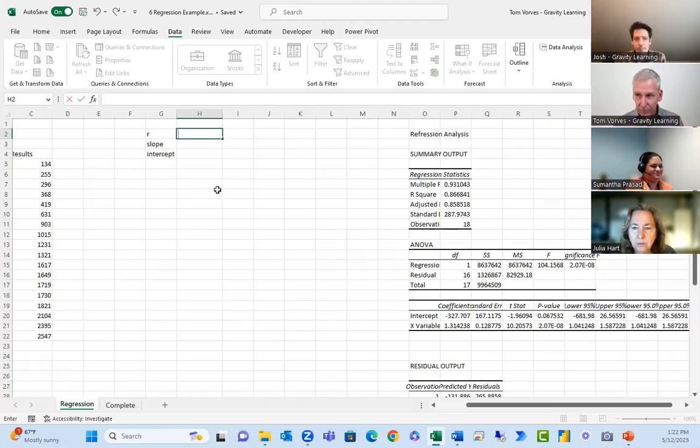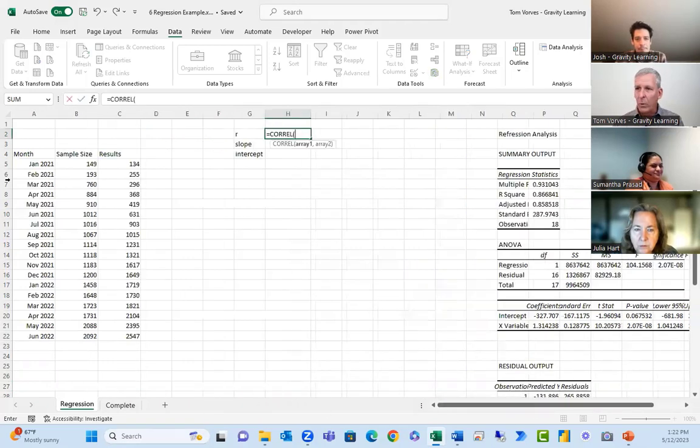find the correlation function. It's pronounced correlation, but it's abbreviated as CORREL. And it says, okay, Tom, what is your range, your array 1? And what is your array 2? And then finally, once I put in my second array,